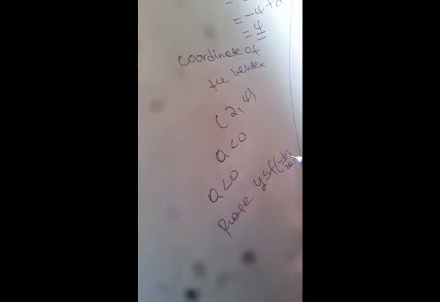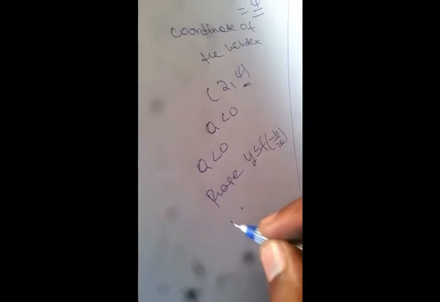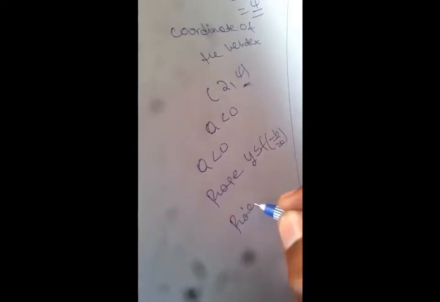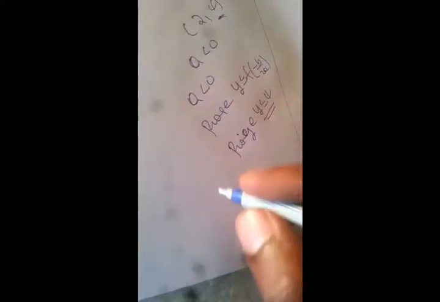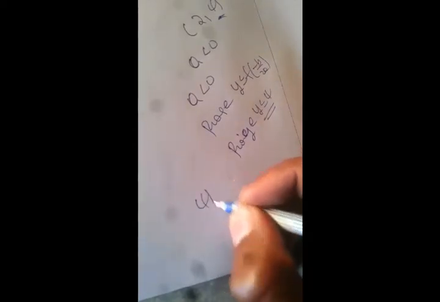And the value of f of minus b over 2 is already found. Therefore, range will be y less than or equal to 4. So the third type of equation is done; for the fourth type of equation, now we are going to talk about